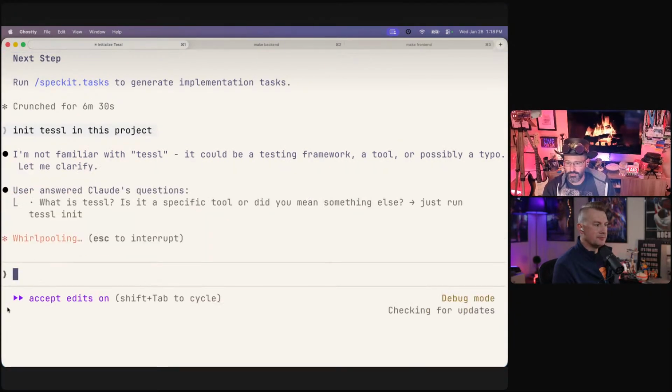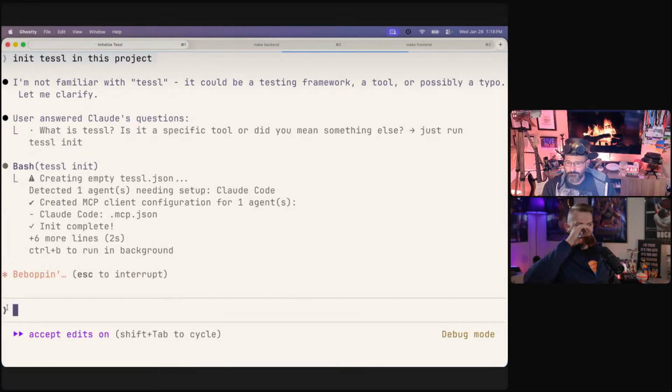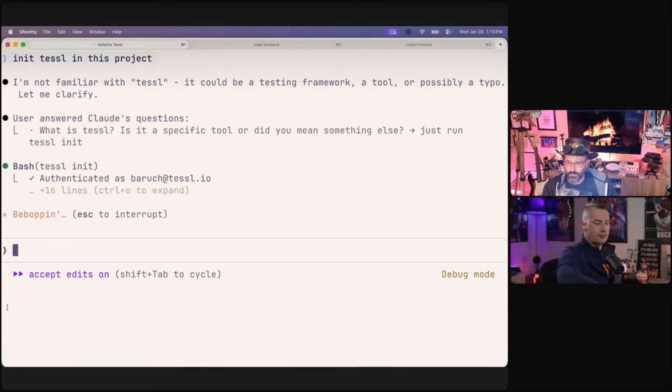Naming is hard. Yep. Just run TESOL in it. It's not that hard. Okay, perfect. And now,